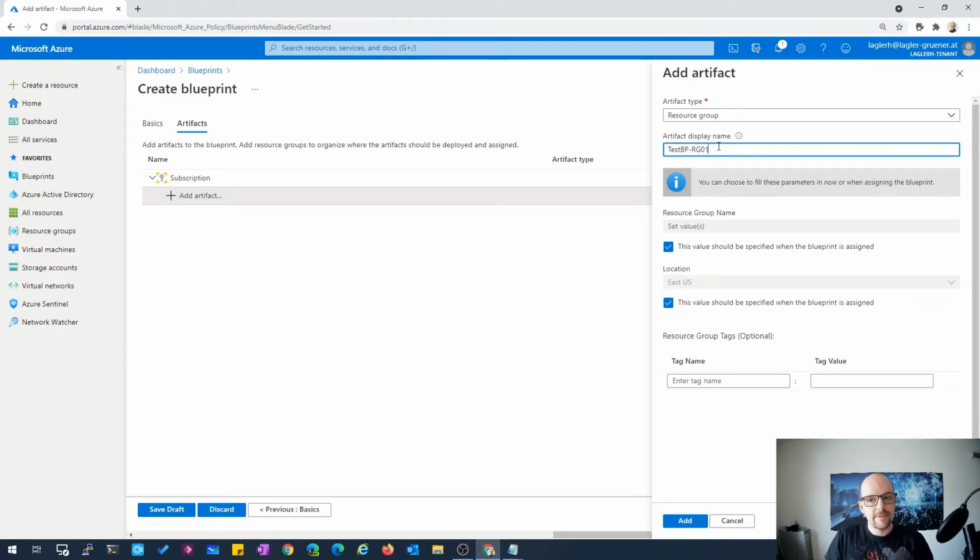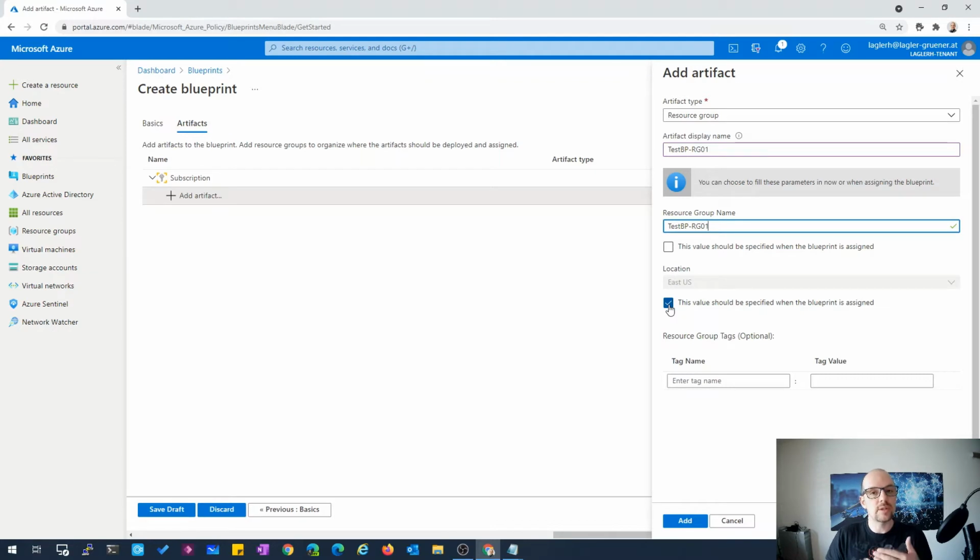This is the artifact name, but it's not the resource group name itself. So you can place here a parameter, so you can choose the resource group name during the deployment, or you can define a fixed name. In this case, I want to define a test blueprint RG1, and also a location.